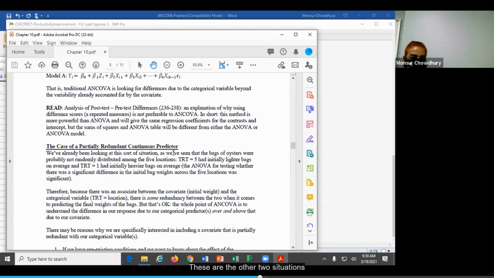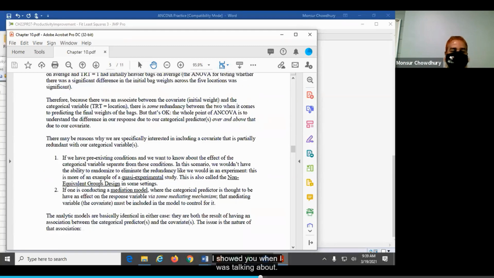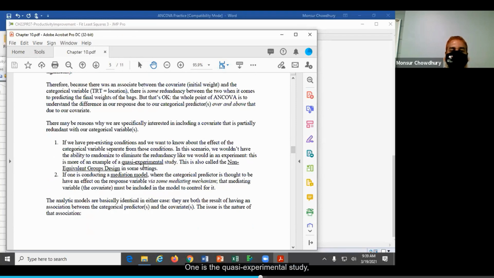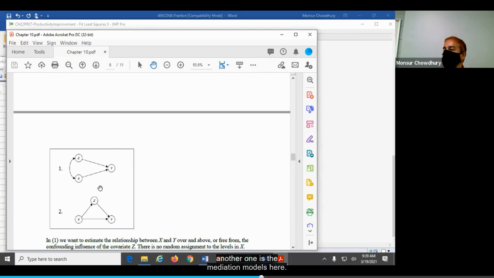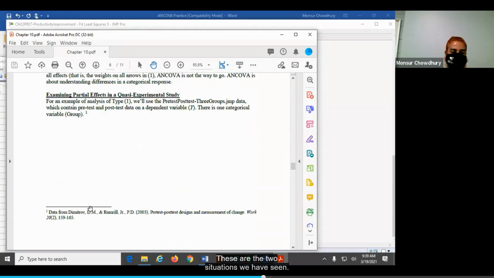And these are the two situations I showed you when I was talking about this. One is the quasi-experimental study, the other one is the mediation model. X and Y are somehow related. Here, X is related to Y directly or via the variable set. These are the two situations we have seen.